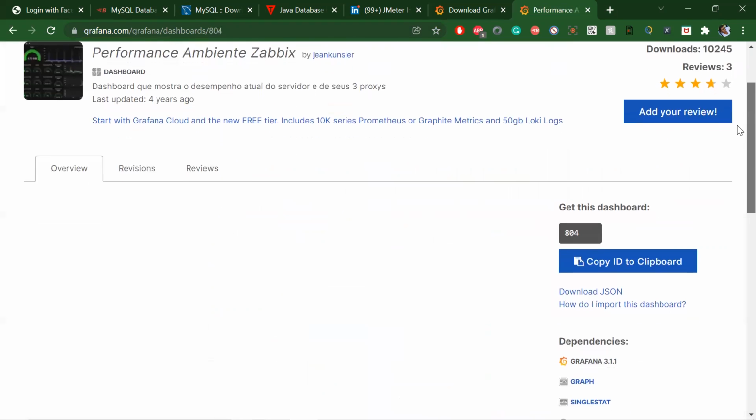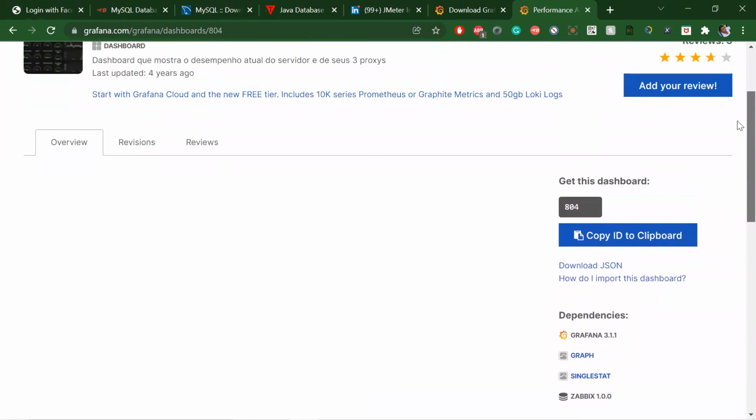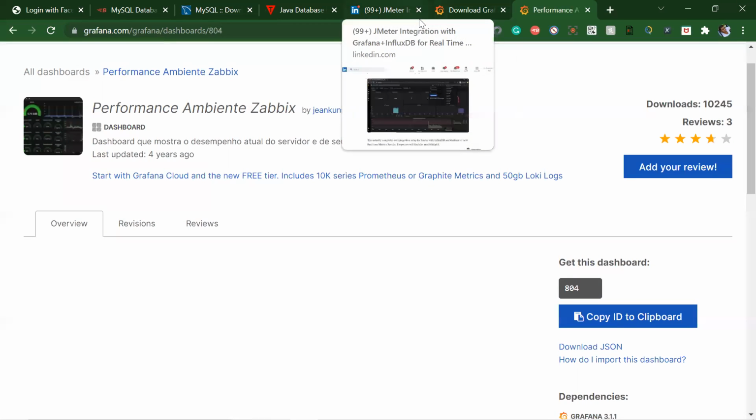Yeah, but the connection between InfluxDB and Grafana should be there, right? The pipeline should be created. So when you run JMeter, data will flow to Influx and Influx data will be pulled by Grafana to show it, right? Yes, yes. It will show that as well.